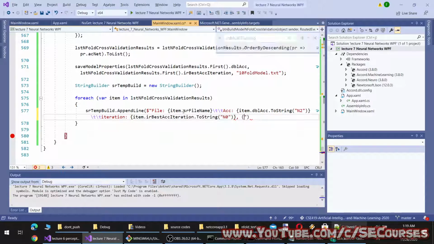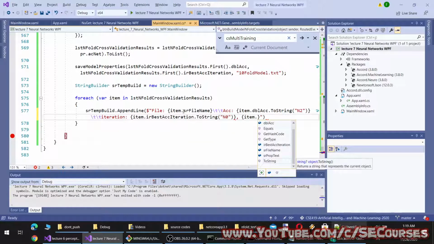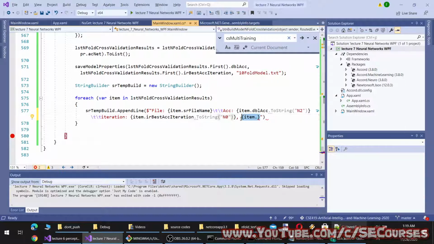And what else there is we can use, prop text. Oh, we were already saving the prop text. Oh, okay, but we have still saved, no problem. Okay, this is enough. Let's see our software.